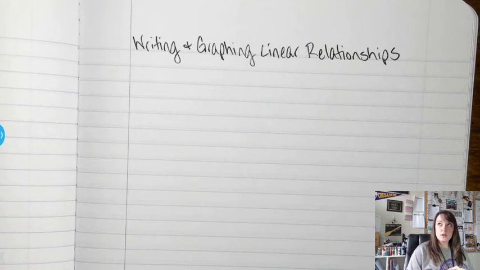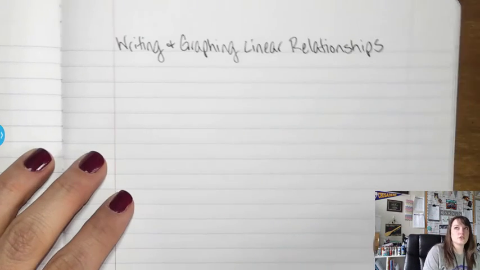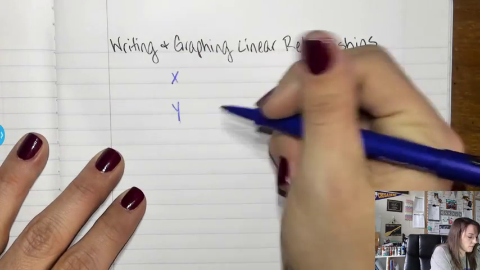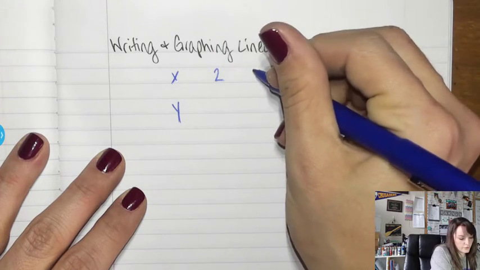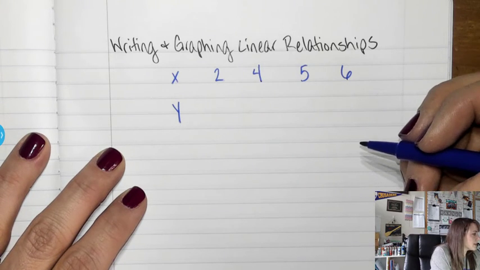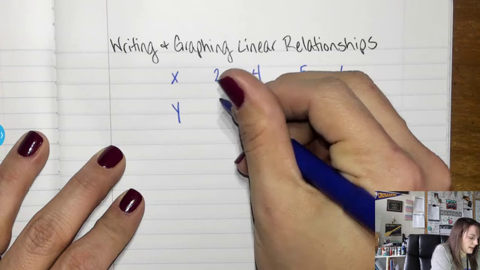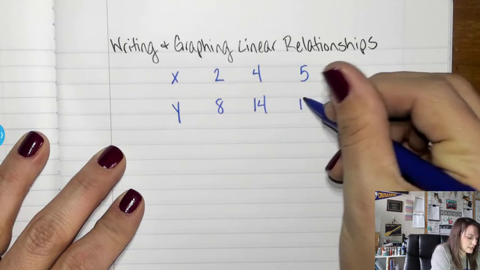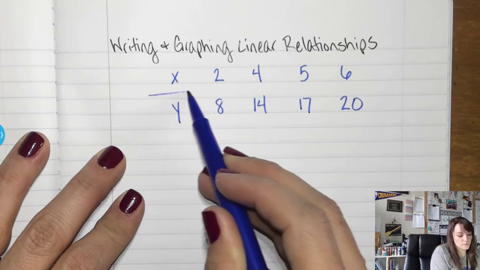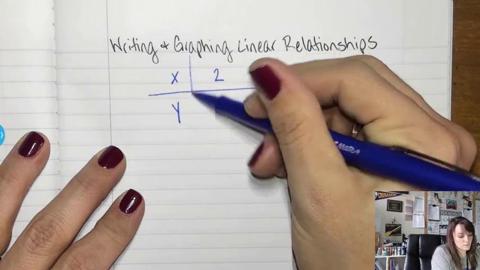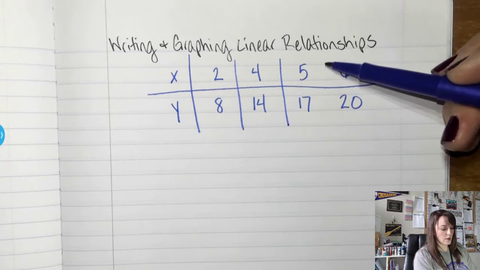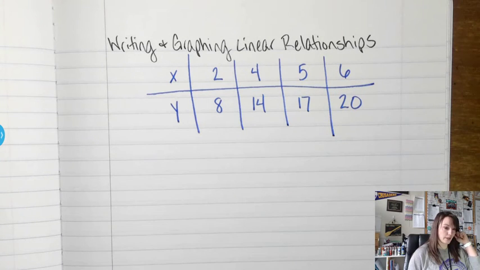All right. We're going to use the same numbers from yesterday just so that we keep things easy. So you had your XY table, and our X was 2, 4, 5, and 6. Because again, there is no rule that says they have to go in an order. And then 8, 14, 17, 20. This is the relationship I'm working with. My goal is going to be to write an equation, and then we're going to graph that equation at the